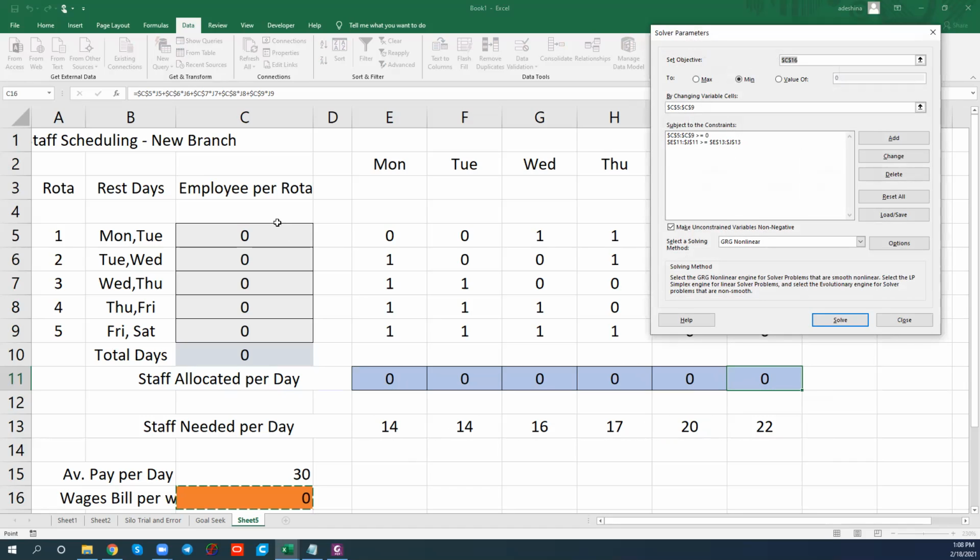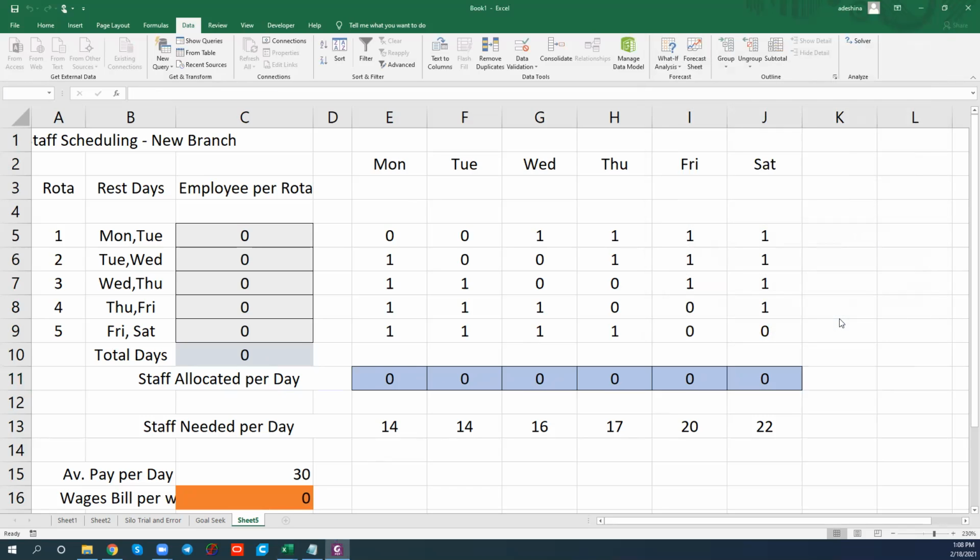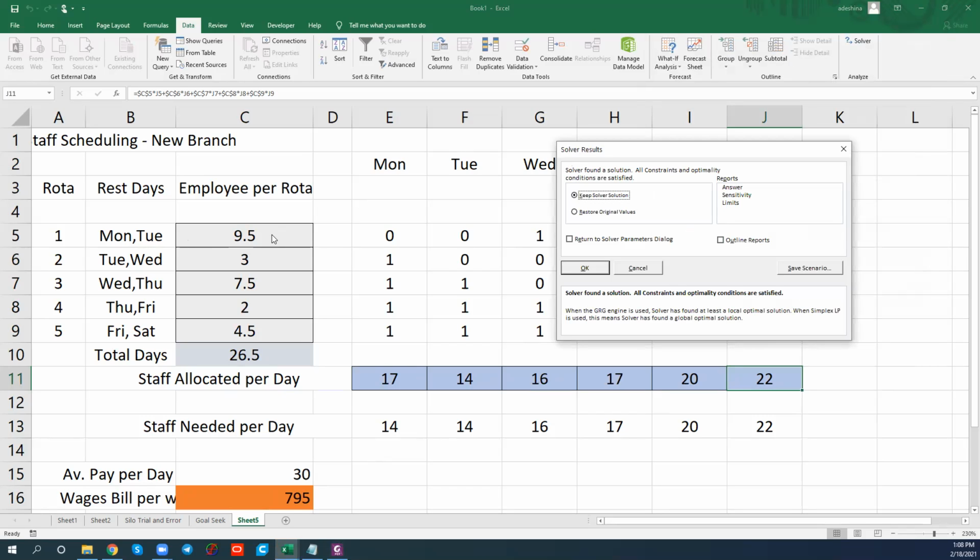The first one is everything in here must be greater or equals to 0. I don't want a negative. And secondly, staff allocated per day must be greater or equals to staff needed per day. Once you have that, then you click on solve. Then you can see automatically that I now have staff per day. All right. And I have for each day, you can see for staff per rotation has changed to 9.5, 3,